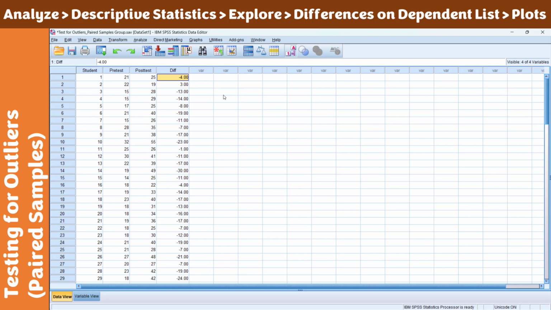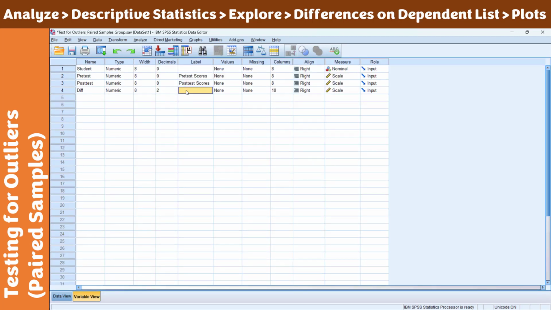Once you have your differences column, let's try to label this here as differences, so that we'll have better interpretation later, between pretest and post-test scores. Let's just have that as our label.